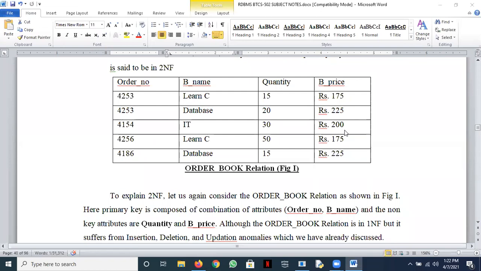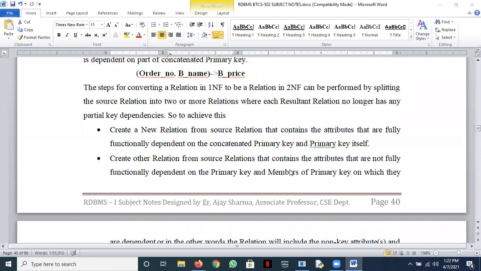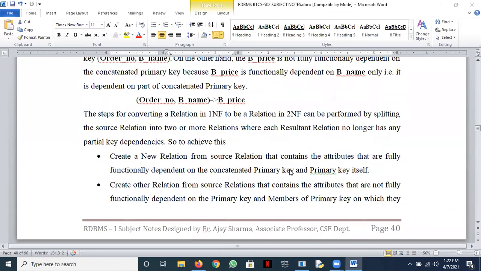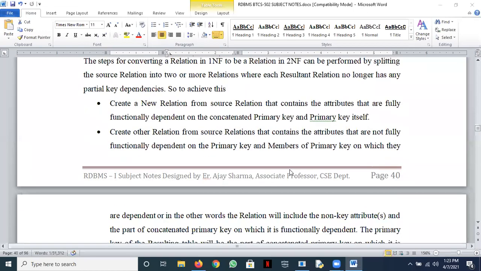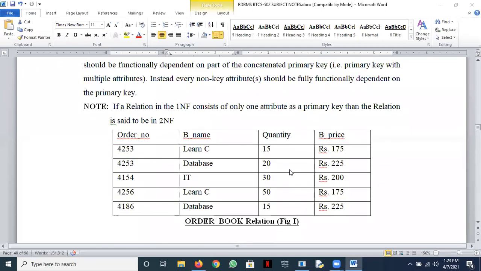Now, can somebody suggest how to bring it into 2NF? Raise your hands now. One final time for today. Yes, go ahead. You can split it into two tables, so that our problems of insert, delete, and update are not there.